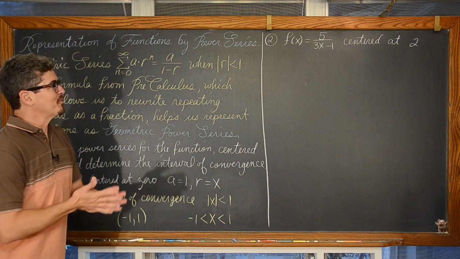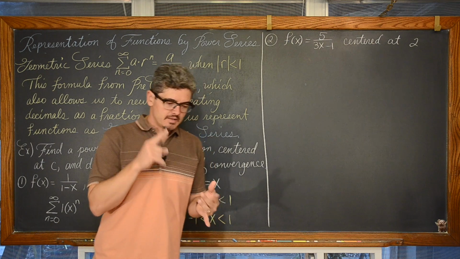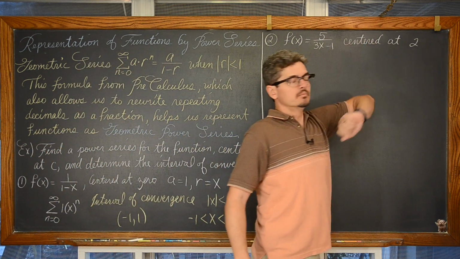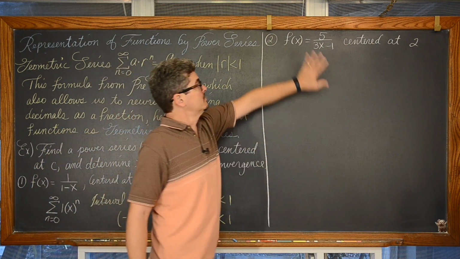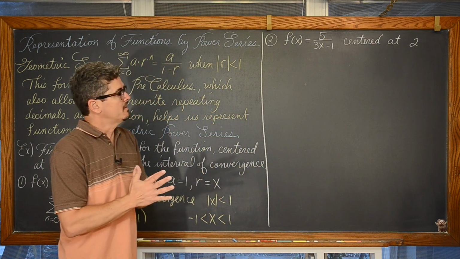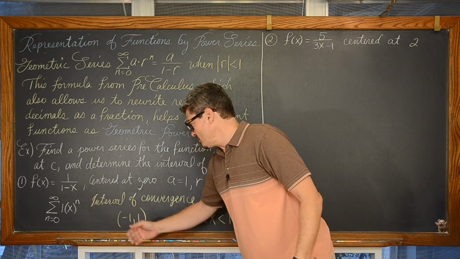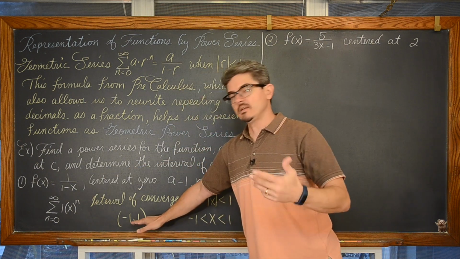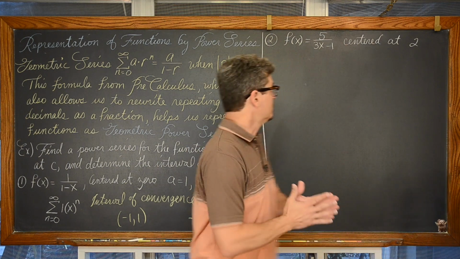So for our second example, we have f of x is equal to 5 over 3x minus 1. Now this time we want a geometric series centered around 2. We want a geometric series that will give estimates of values from this function around that value of 2. And we already know, like we did over here, that this geometric series is going to estimate values for this function as long as we're within -1 to 1, and you see that center of 0 in the middle of that interval.